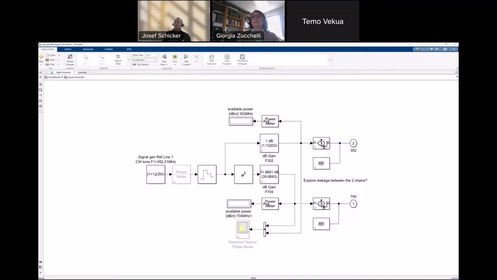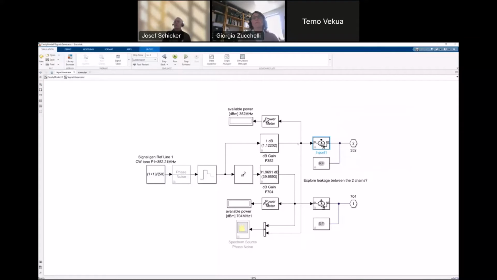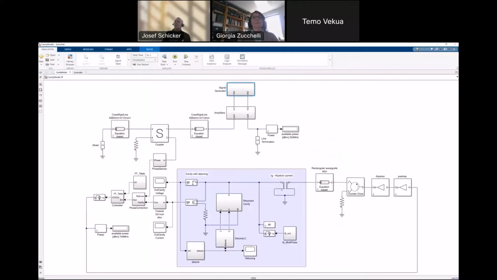Then we feed this, all in the Simulink domain, into a port that converts the signal to an equivalent power centered around 352 megahertz. So with this input port, we convert from the signal domain to the physical domain. To the left is unidirectional, to the right is bidirectional, and effectively we are in the domain of the RF signals. Now we can follow our signal through our chain.